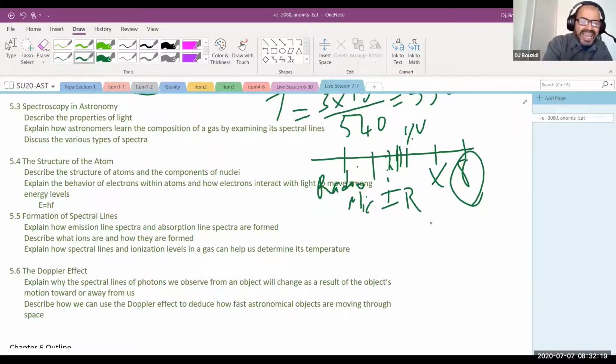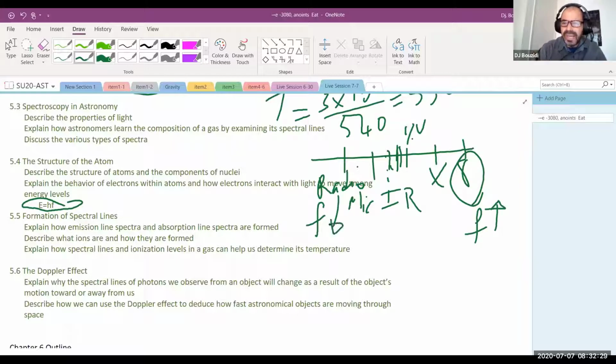Now, the energy of light is directly proportional to the frequency. These are high frequencies, and this region is low frequency. High frequency, low frequency. High frequency means high energy. That's why all of these things, X-rays, gamma rays, and UV, they have more energy in them. They could cause more damage. They could kill cancer, at least, if not destroy the entire cellular structure of living organisms.